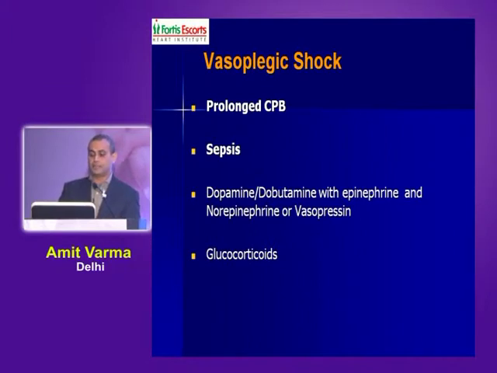Dopamine, dobutamine with epinephrine, norepinephrine or vasopressin now is increasingly in vogue. Vasopressin, as you know, is now part of the whole ACS list and the PALS that we are putting in, and now glucocorticoids are being used increasingly when it comes to severe shock. Do I routinely recommend using steroids for patients like this? The answer is no. But clearly, when we've been looking at the adult literature that has been coming out, high doses of glucocorticoids is something that is working when you're dealing with these patients.